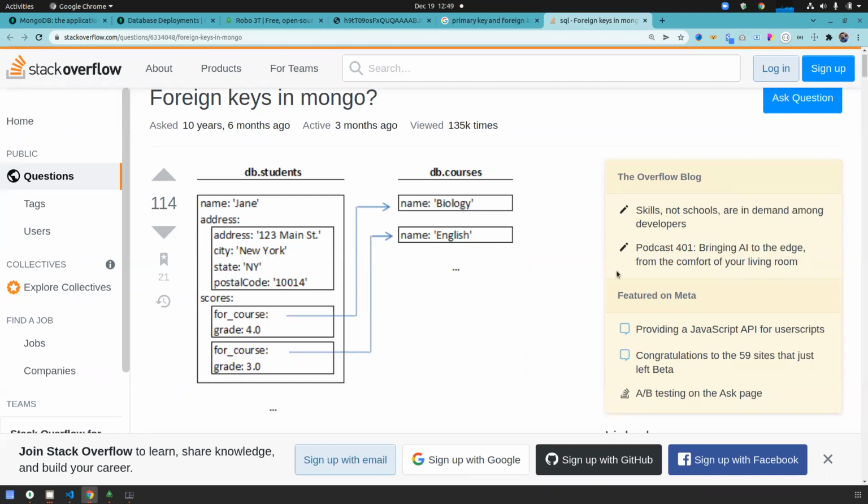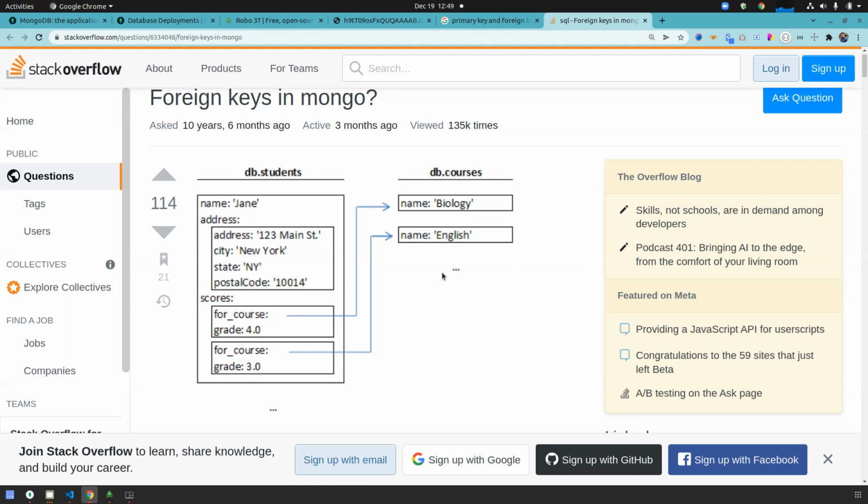Got it, everyone? I will give you the example later. Don't worry about that. If you are a student and there are some subjects, you are taking one or two subjects from them. The subject details are present in another collection, and your details are also present in another collection.